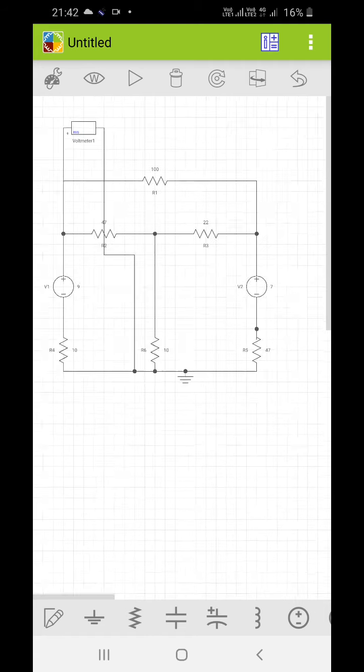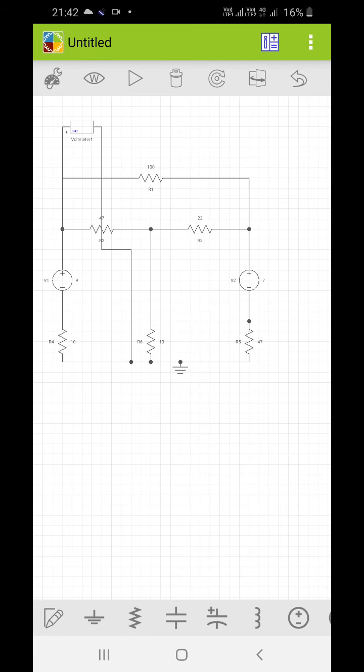Okay, so I have taken the voltmeter, and now if I want to find out the loop currents. First of all, we have used the voltmeter to find out the node voltage, which means you can verify your KCL, because in KCL you can find out the node voltages and verify them theoretically. Now if I want to verify the KVL, I will find out the loop current. In practical purposes or in simulation, you can just find out the current flowing through these loops.